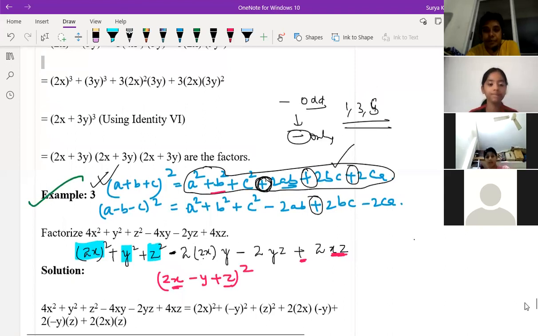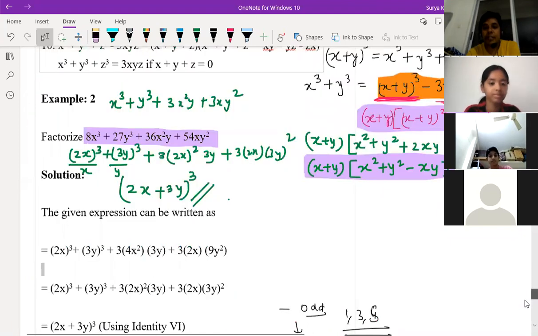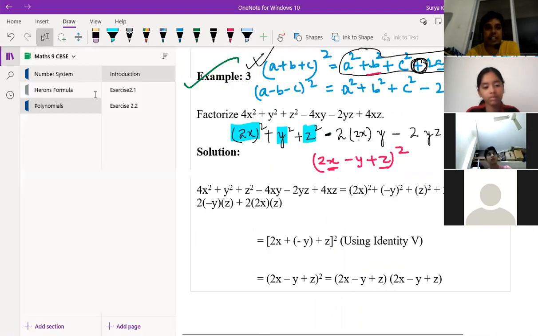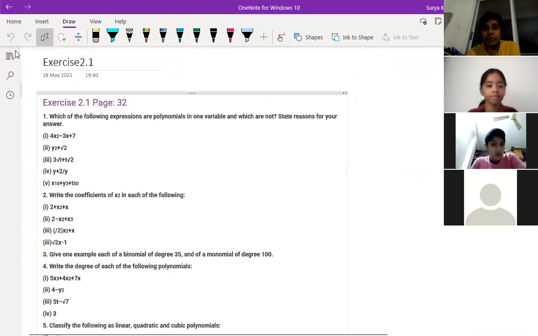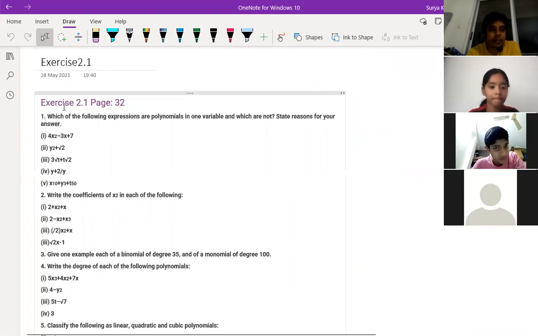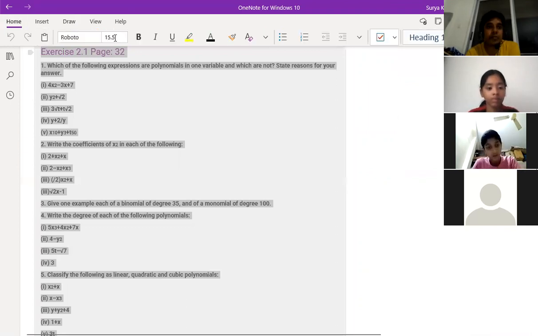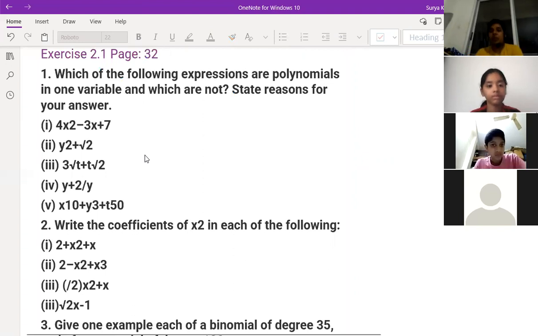All right. Yes, sir. So next, the basic concept of polynomials got over. Now we are moving to the next exercise. First exercise, 2.1. See, here they have mentioned which is a polynomial and which is not. I told you the first day itself, by seeing it you can say which is a polynomial and which is not. So the first question is for Sai Charan.